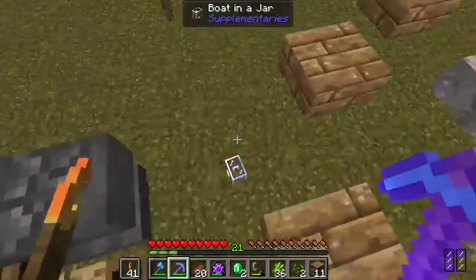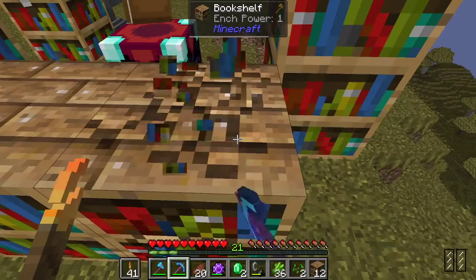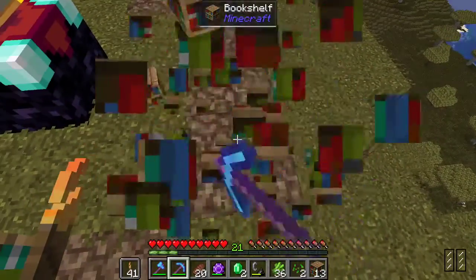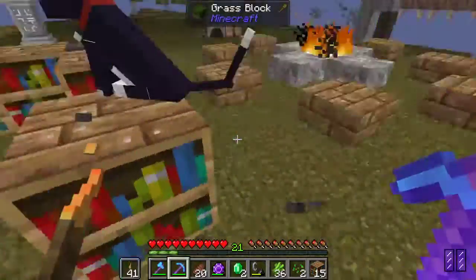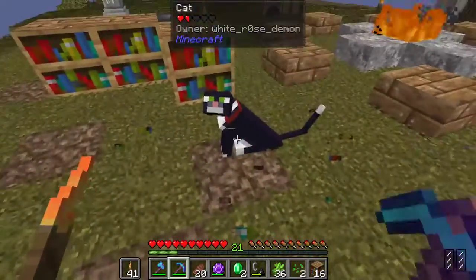Alright, that means we have to move the enchanting cat down. We still need a dedicated actual name for the enchanting cat. Or we can just name tag it enchanting cat. Yeah, we will be changing up our enchanting setup. But I think...